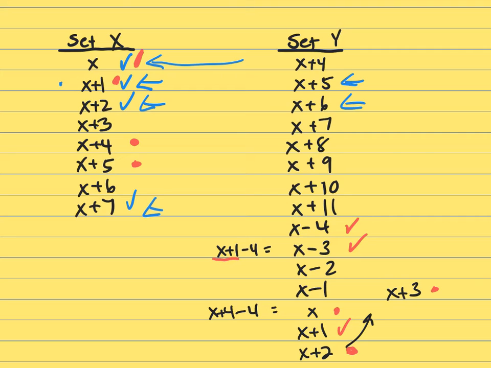How many more integers are there in set y than in set x? 1, 2, 3, 4, 5, 6, 7, 8. And